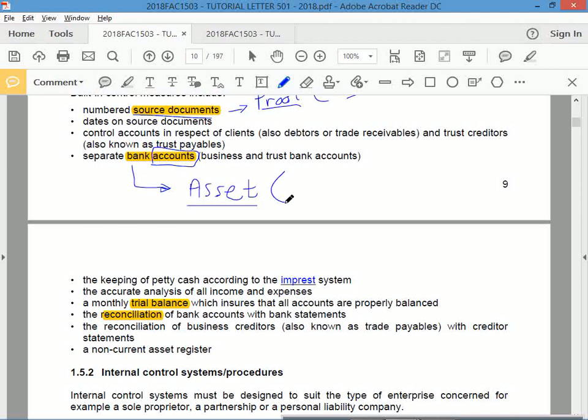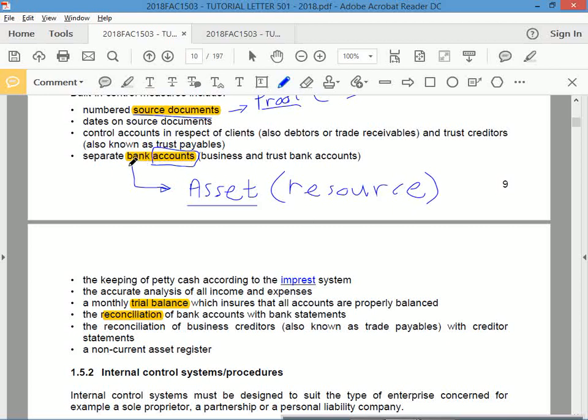Okay, there's the answer. Forget about positive or negative balances. Don't worry about that. That comes later. I just want to know what it is. So when you read a question and they say, the business received money from a customer, deposited into the bank, you see the word bank and you think, ooh, assets. Why? It's a resource. That's it. It's as simple as that.